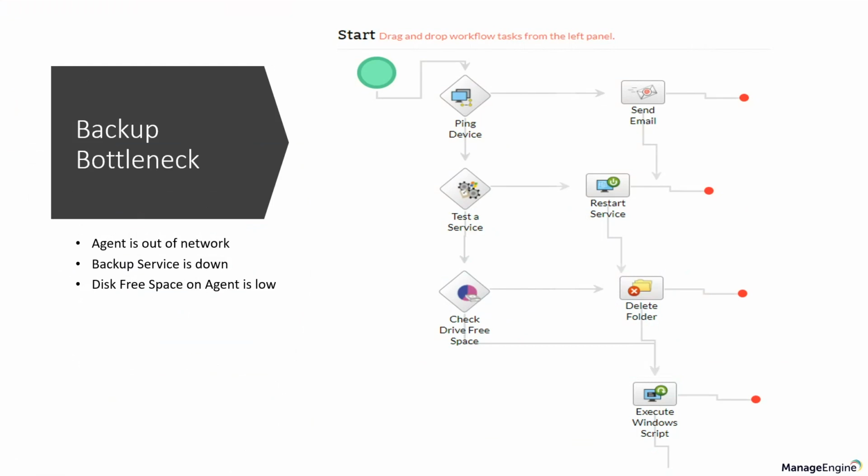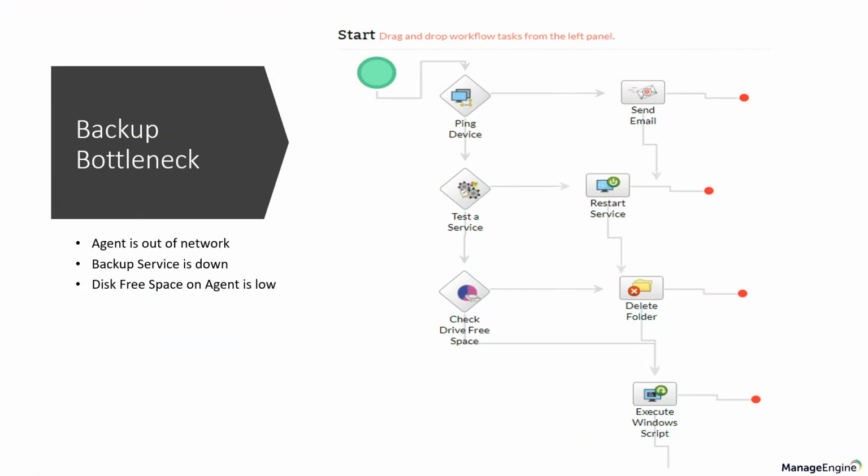So when you ping the device and it is successful and you test the backup agent service, and the backup agent service is down, instead of going to the server, taking a remote desktop connection and starting the service, you can allow OpManager's workflow automation to start the service. And once the service is started, it's going to check for free disk space. If the free disk space is less than 5 GB,